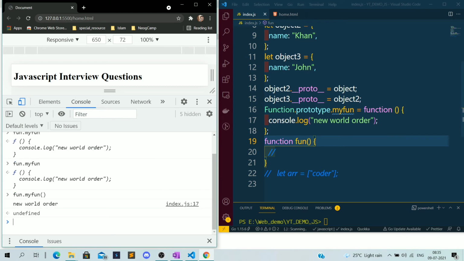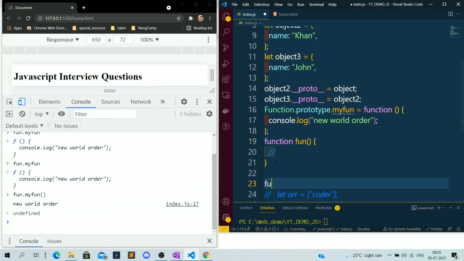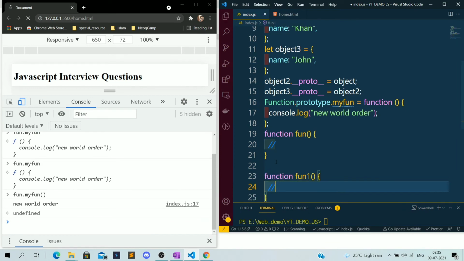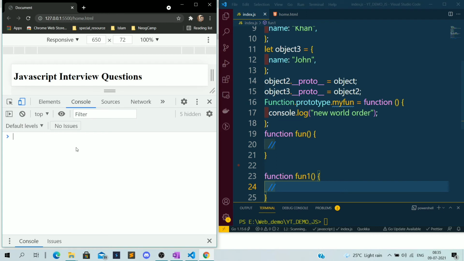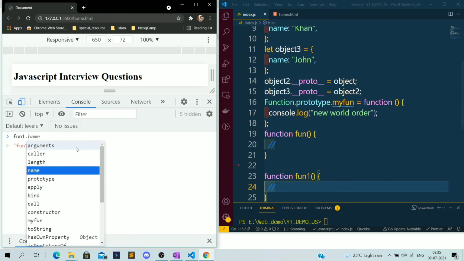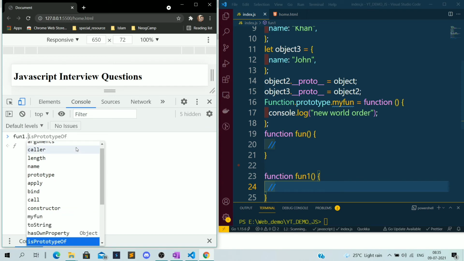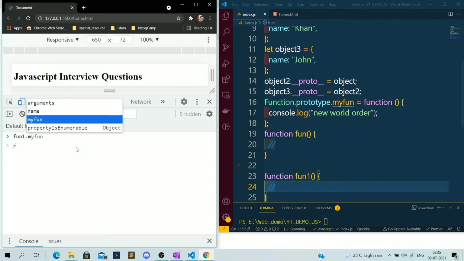Now if I create another function, suppose fun one, and I try to access fun one dot, again I'm able to access all these properties. Who added all these properties? The JavaScript engine, in the same way that I have added myFun.